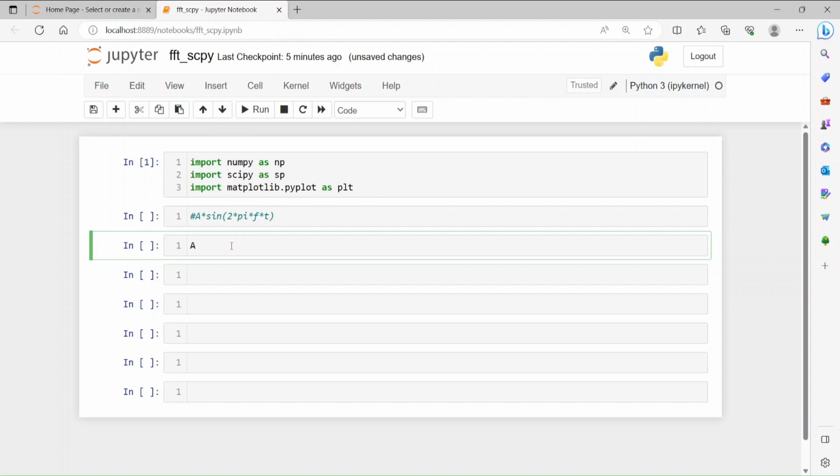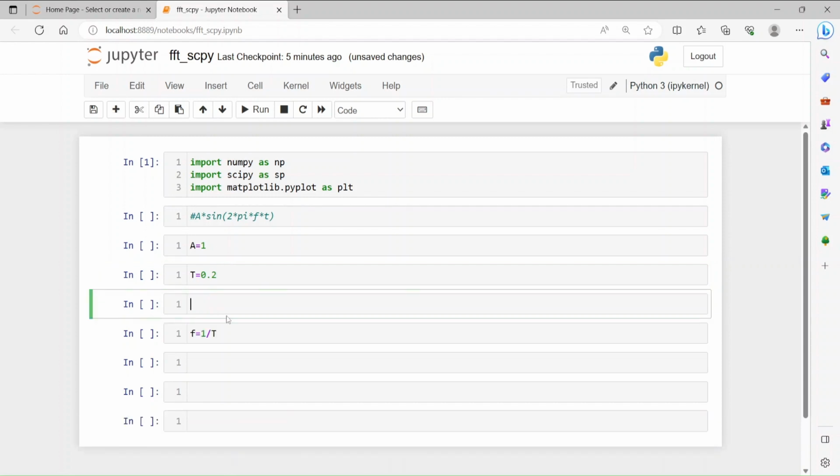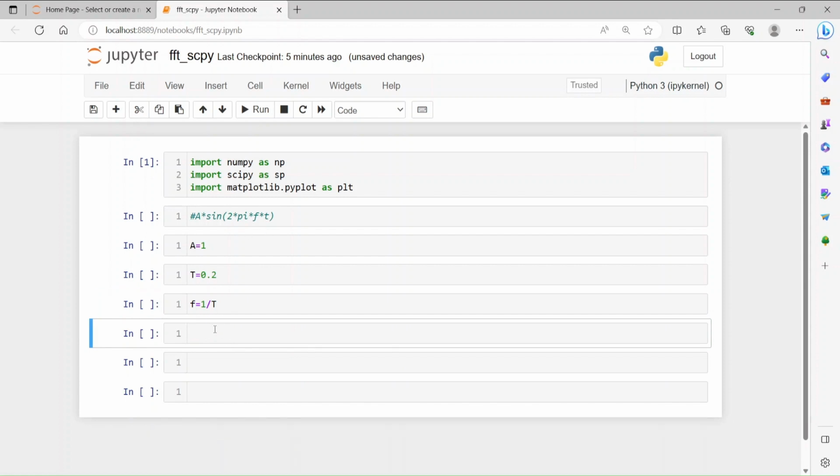So let's say our amplitude A is 1, and then we have our frequency, let's write it here, f is equal to 1 over the time period. Now the time period, let's say it's 0.2, just some number. And then we also need to define this t, the time duration, like how long the signal is going to run. So let's say t is equal to